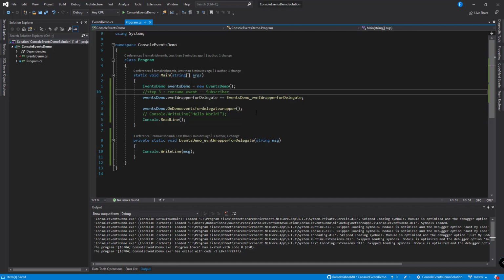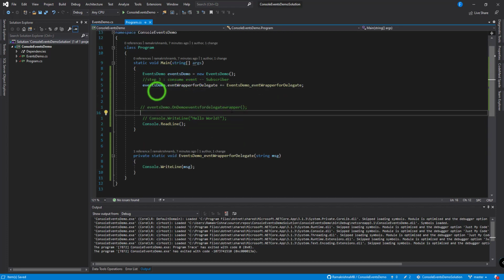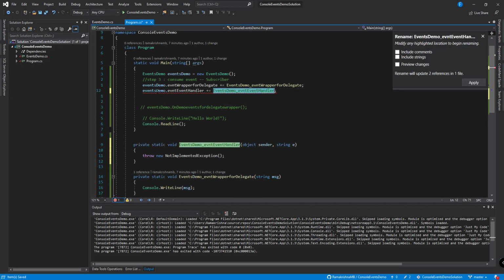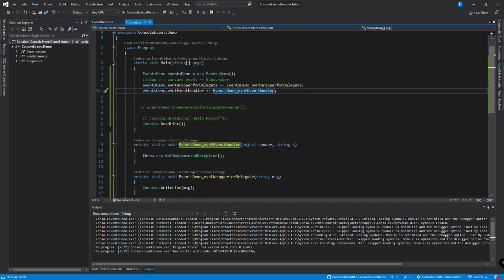To consume this event, we already have our class instance created over here. Event demo dot the event name, you can see the Thunderbolt symbol, EventHandler, plus equal to EventHandler.